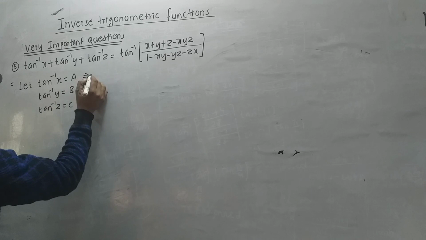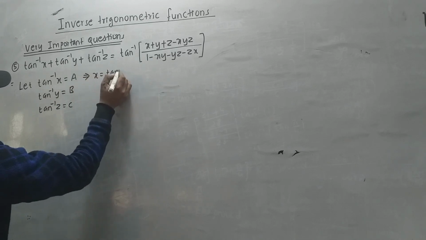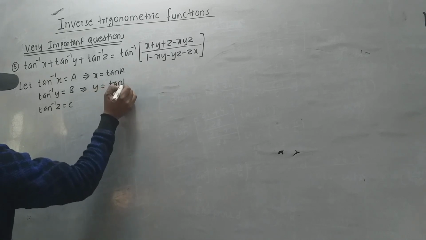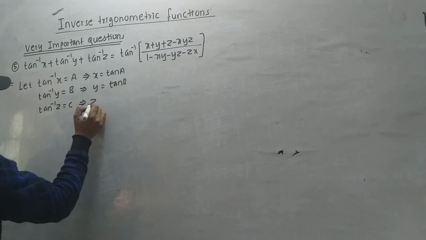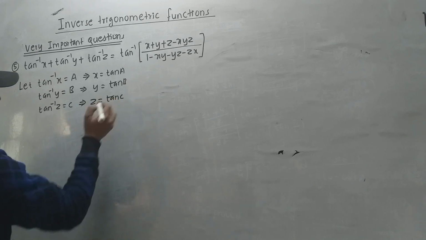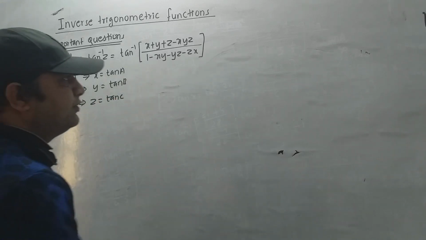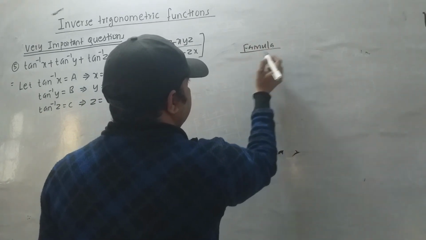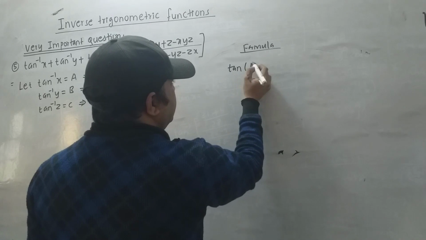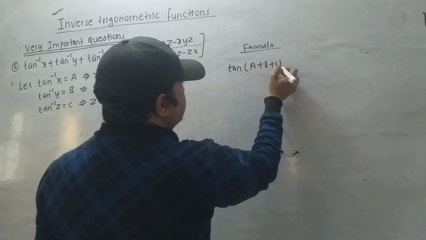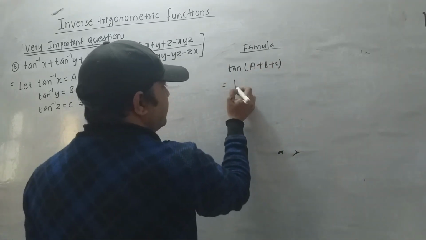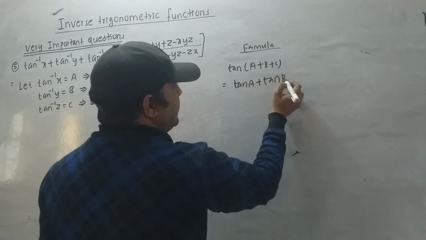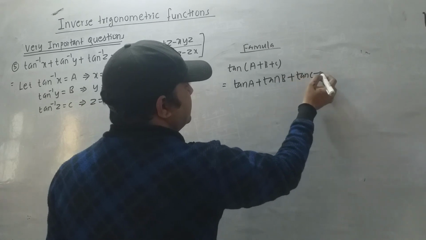So after that you can write here x equals tan A, y equals tan B, z equals tan C. But before moving to the solution, let me write the formula for tan(A plus B plus C). So the formula for tan(A plus B plus C) will be tan A plus tan B plus tan C